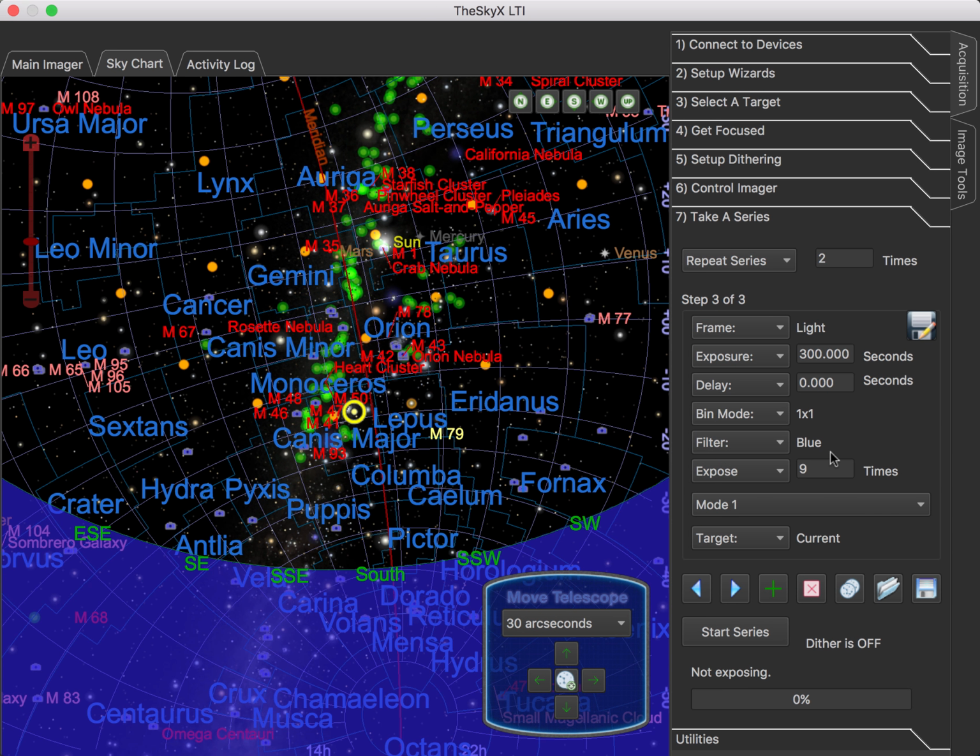Now, if you want to go round robin, say you have filter focuser offsets, or perhaps your filters are actually parfocal, you could set up your exposures so that you do